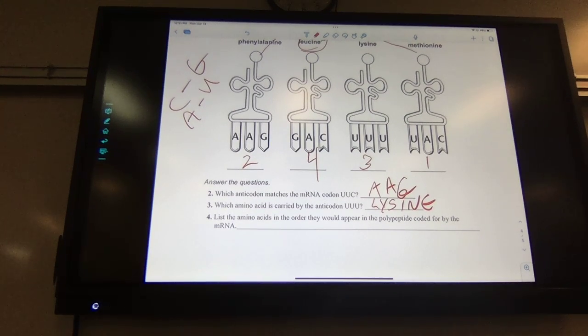So number 4, list the amino acids in the order they would appear in the polypeptide. What's a polypeptide again? The chain of amino acids. Right. All these Pepsi cans listed in order. So it would be MET, PHE, LYS, LEU. So I'm taking the first 3 letters